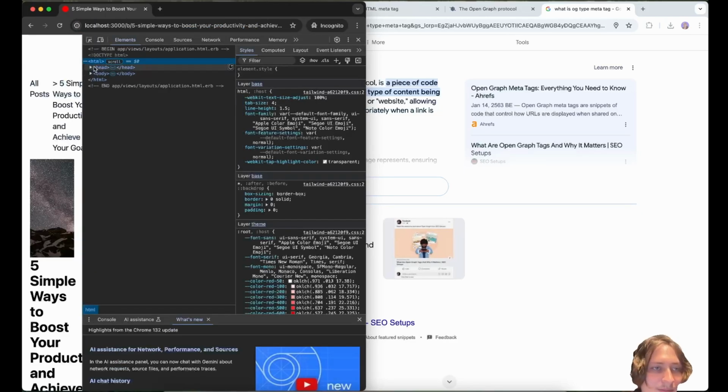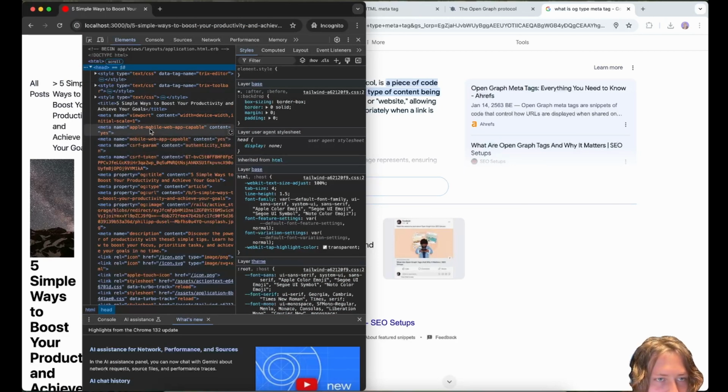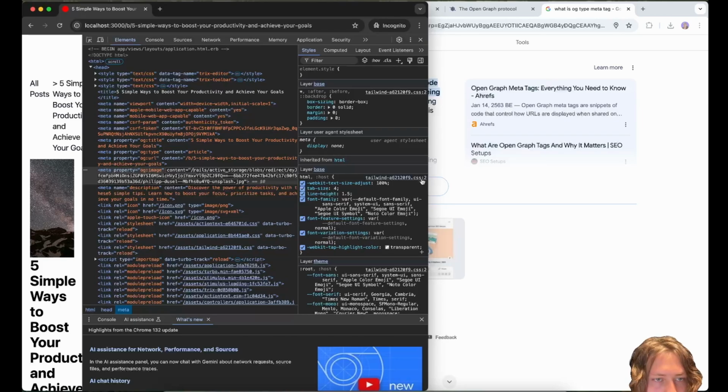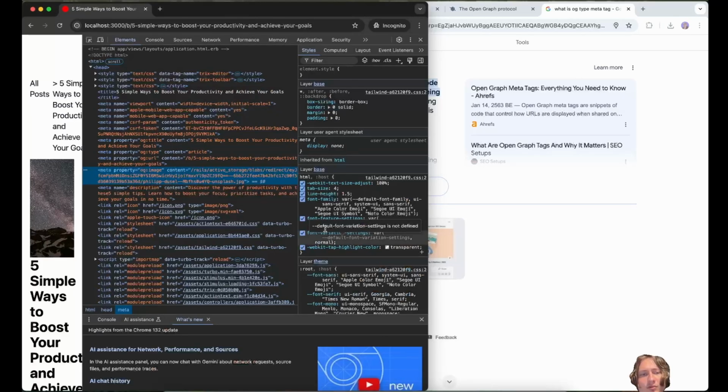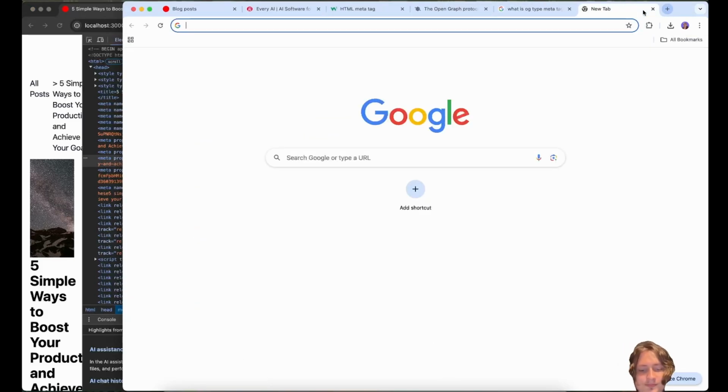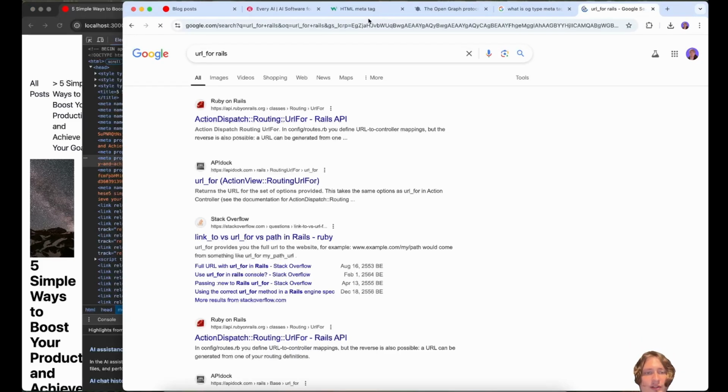There's no error, but I'm going to inspect the head and check for the OG image. It does show up, although, hold up. It looks like it only shows a local path, which could be a bad thing. Not sure why it only shows local. What about just the URL? It also shows only local. Huh. So if we look up url_for in Rails,